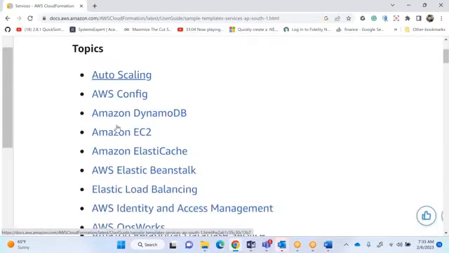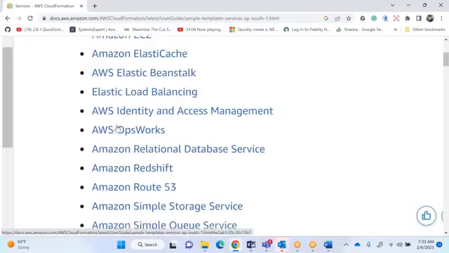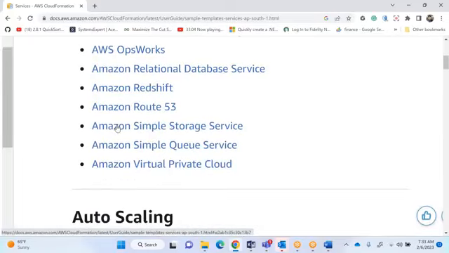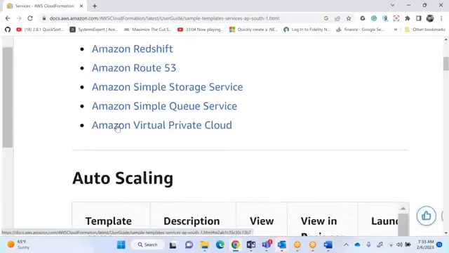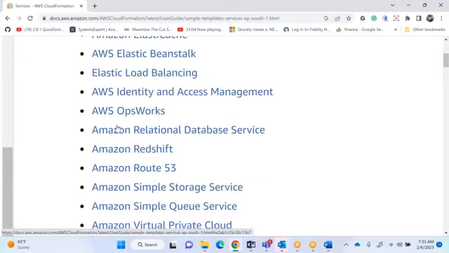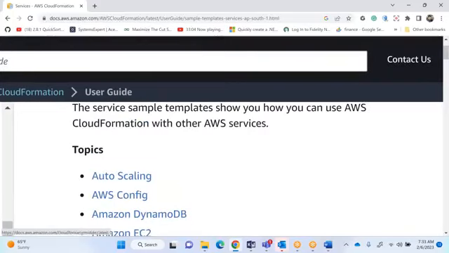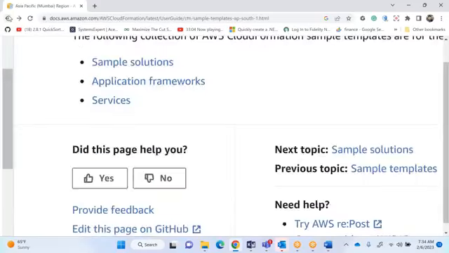See here, sir, AWS Config, then load balancer, RDS server, Route 53, simple, VPC, all these things are basically provided as a sample for learning. No, sir. I know you already told me how do you launch an EC2 instance and security group. I know, but can you please explain how do you replace the user data with CloudFormation initialization, INIT? How do you replace and everything?